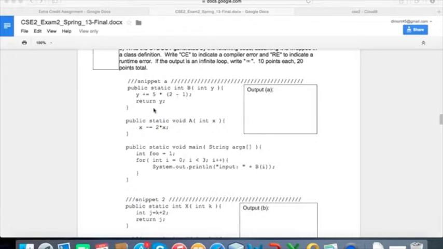Okay, so that's the first method. Second method: public static void a, parameter int x, x minus equals 2 times x. Third method: public static void main, parameter String args, int foo equals 1, 4, for int i equals 0, i is less than 3, i plus plus, System.out.println, input, and then it's connecting a string to a value. So right at this point right here, it calls on method b, which is